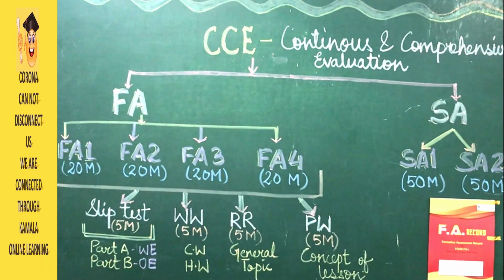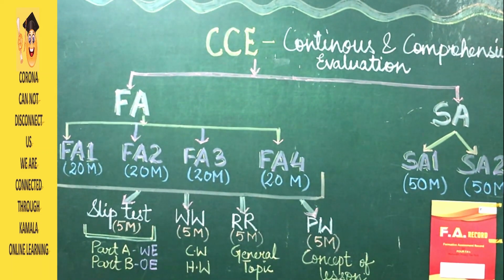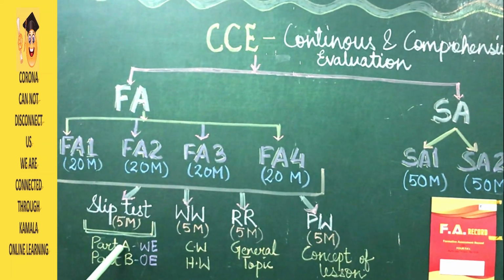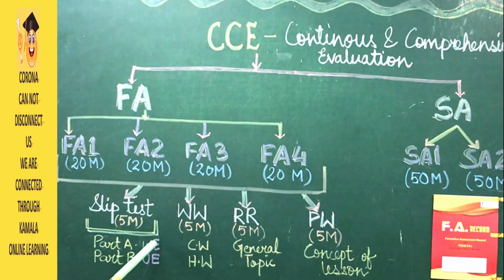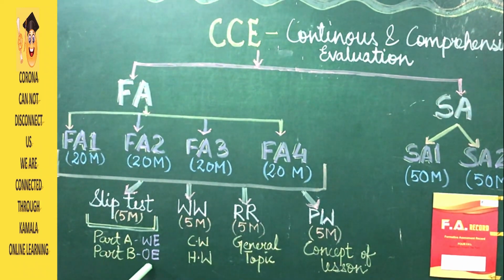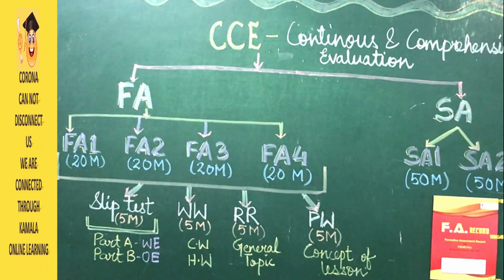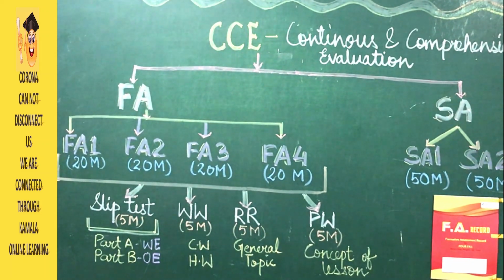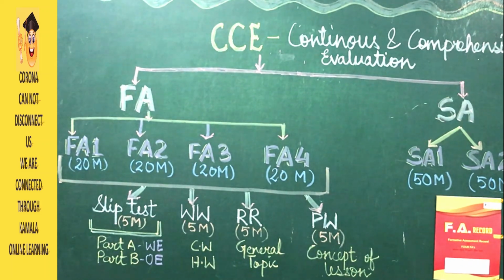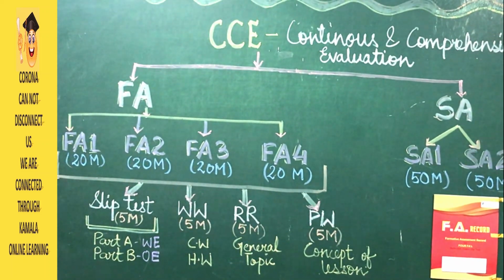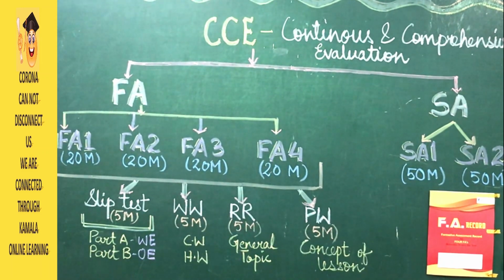Let's begin with slip test. The slip test is basically an exam in the syllabus which is given. It consists of a written subjective test, that is part A, and an online objective test, that is part B. This type of test is easy. Syllabus is taught to you by teachers through video. You have to listen to those videos and along with your textbook and notes, you have to learn the syllabus well.